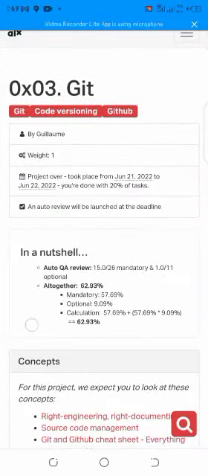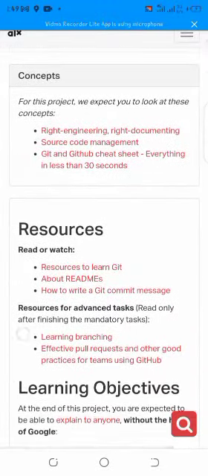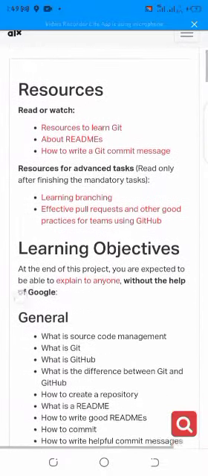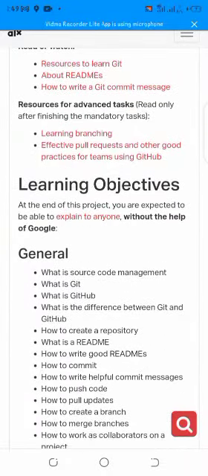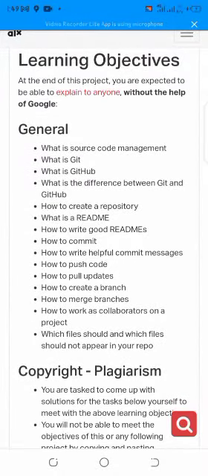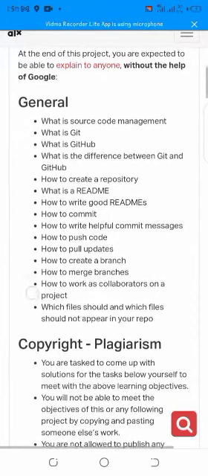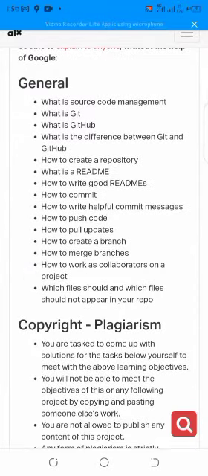So this is a project on Git, a project to introduce software engineers to having hands-on experience working with GitHub. You can see here there are a lot of questions: What is source code management? What is Git? What is GitHub? What is the difference between Git and GitHub? How to create a repository, what is a README, how to write good